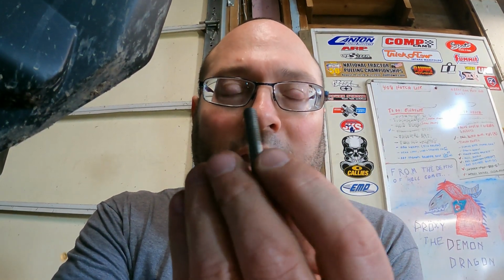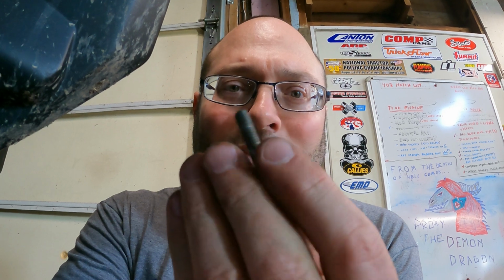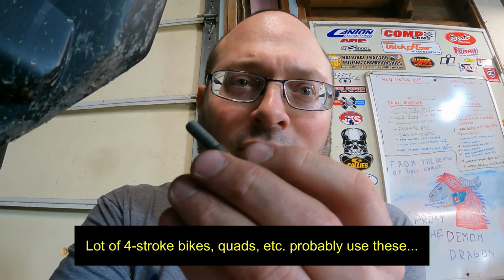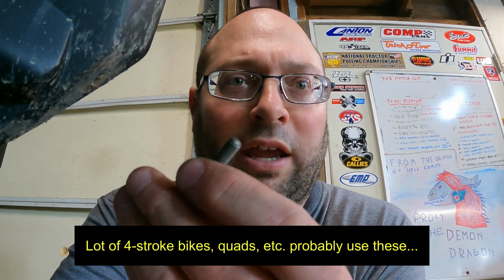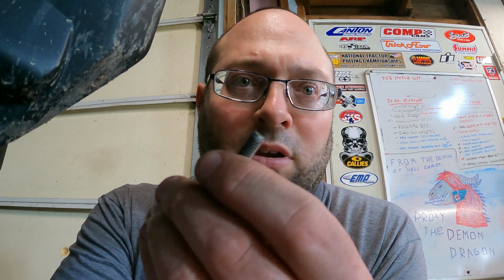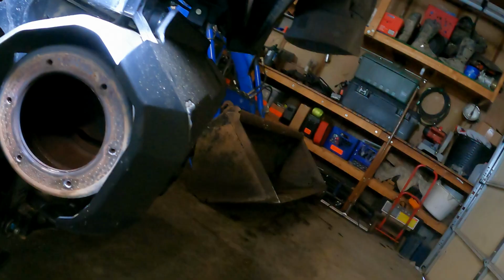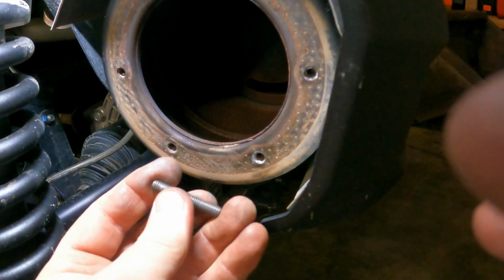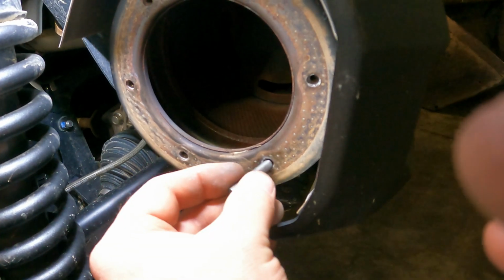I don't know if anyone's done this before, but these are some exhaust studs for like a header. They were in my box of Honda junk. I think these are off an XR250, or they could be for a 200S three-wheeler. But basically, you need that metric 6 mil, and what you can do, and I'll show you right now, after you get your existing spark arrestor out, is take these and